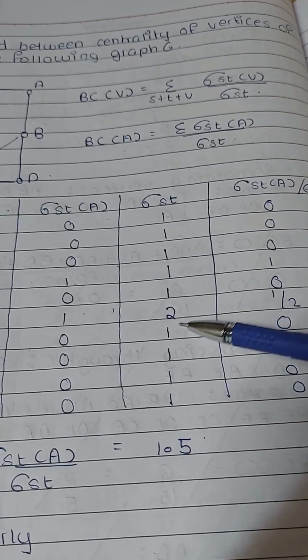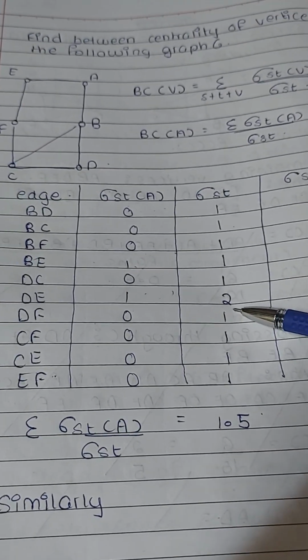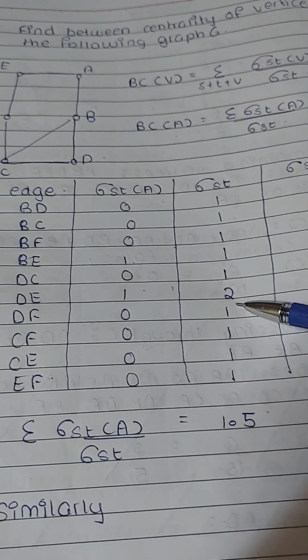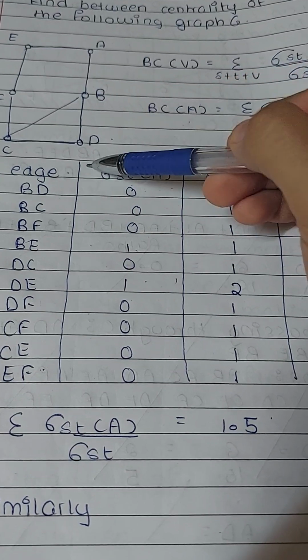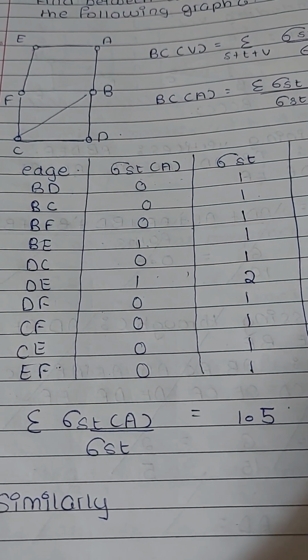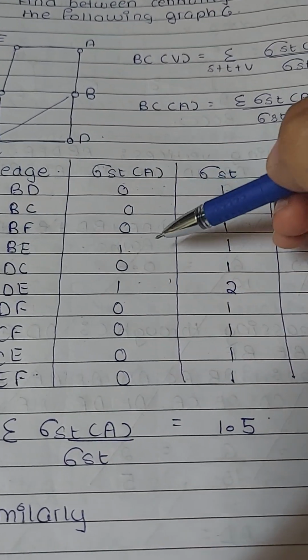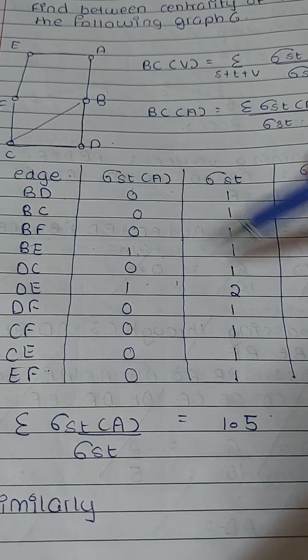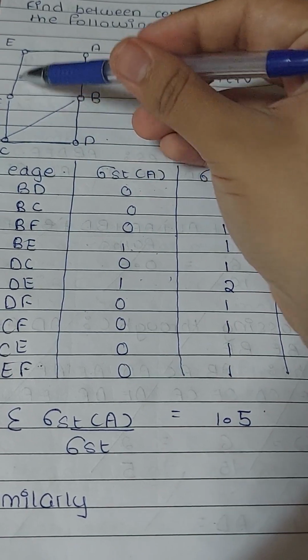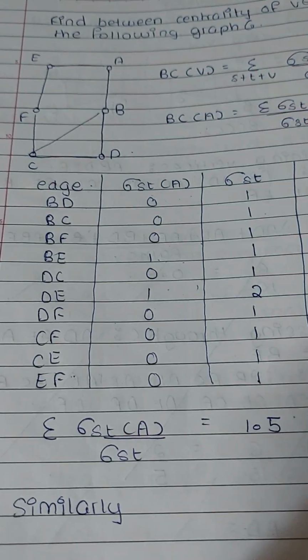Then we compute this particular column, which is the total number of shortest paths between the two vertices. So over here BD, the total number of shortest paths is 1 because there's only one path, which has a distance of 1, right, and a length of 1. Over here for BE, again there's only one path. For DE, however, there are two paths as we previously discussed, 1, 2, 3 and 1, 2, 3. There are two paths like this.